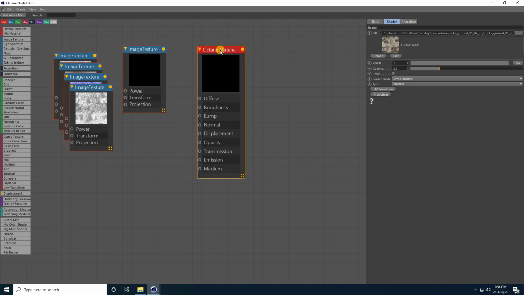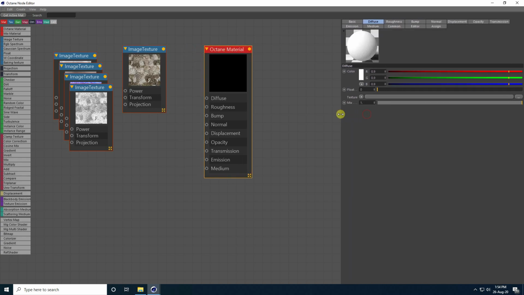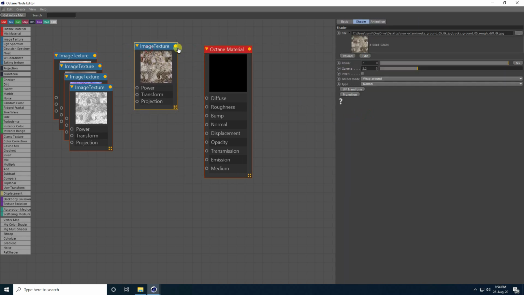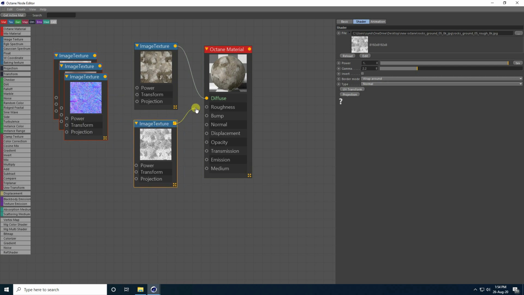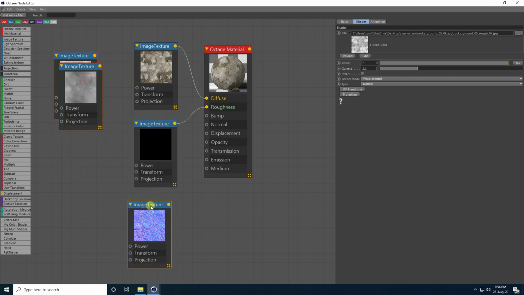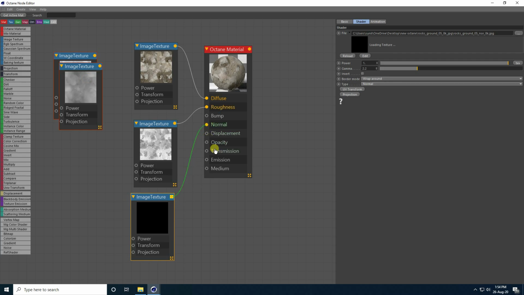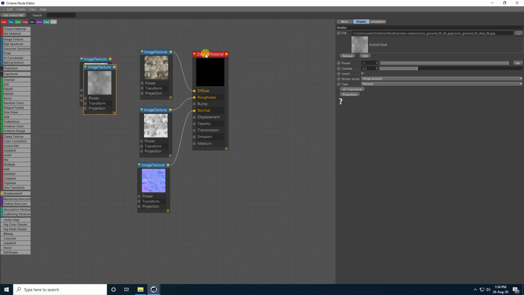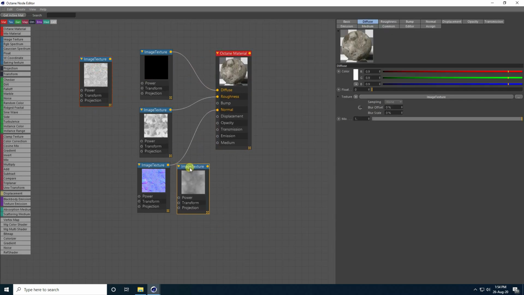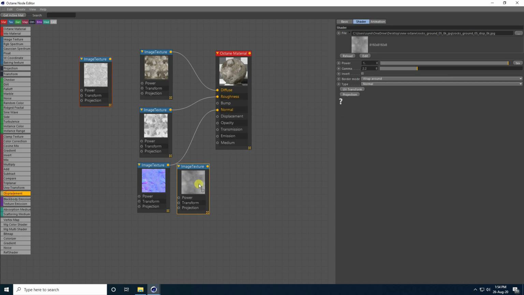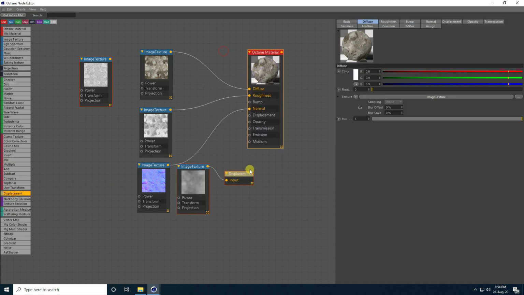That's my diffuse. So a little bit increase size, select this one and apply on diffuse. And the second one, guys, that's my roughness, apply on here. And the third one, that's my normal map. And this should be the displacement map. So select here. Guys, this time I apply the displacement map, connect with input, and this input connect with displacement map.